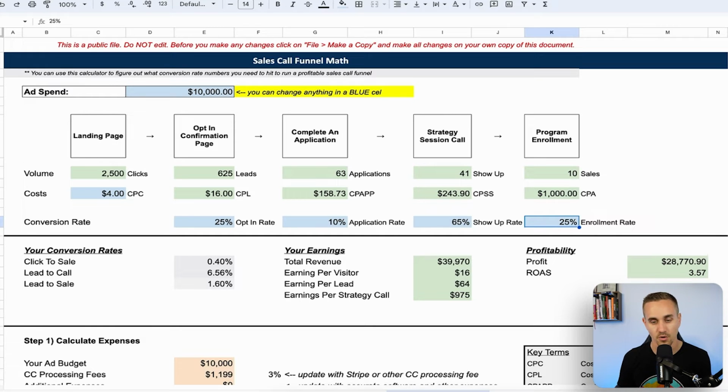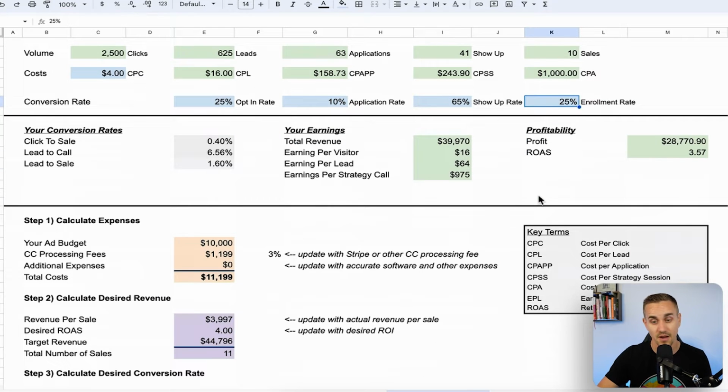actually join our program. And so what you can see here is, if I spend $10,000 on ads, I'm going to get 2,500 clicks over onto my landing page. I'm going to get 625 leads. I'm going to be paying $16 a lead. I'll get 63 applications, an application rate of like 10%. I'd get 41 show ups. So it would cost me about $250 to get someone on a call. And I'd get 10 sales at $1,000. So this wouldn't be bad, this would actually be great if you were selling like a $3,000 or $5,000 program,